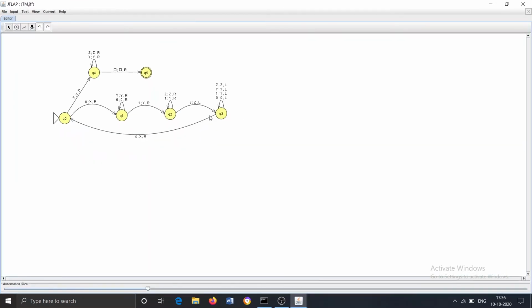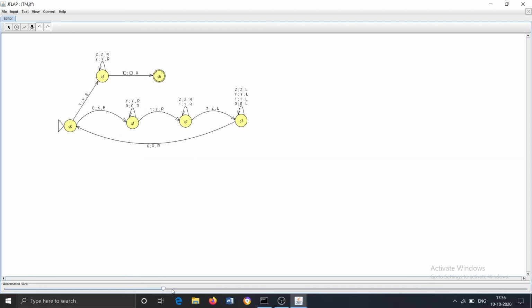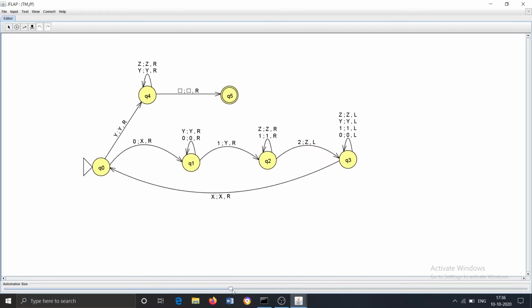So this is the Turing machine. Let me increase the font size. This is the final Turing machine which we get. The transitions are depicted. The arrows can be curved by just selecting the attribute editor. Click on the arrow. It will appear red like this, and you can move this to make your arrows curve, and then again click on the arrow to finally save that.